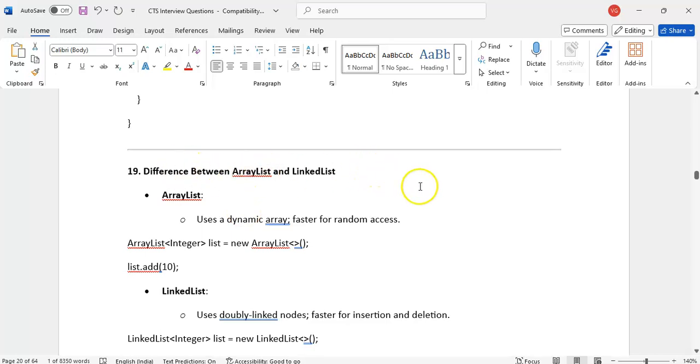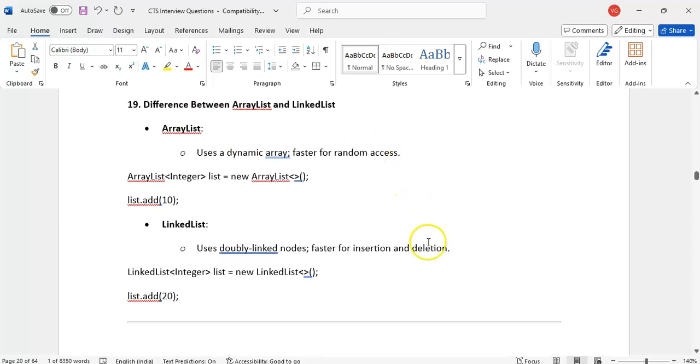What is the difference between ArrayList and LinkedList? Both are used to store multiple values in a single object. But ArrayList is faster for search. It is a dynamic array, fast for random access.